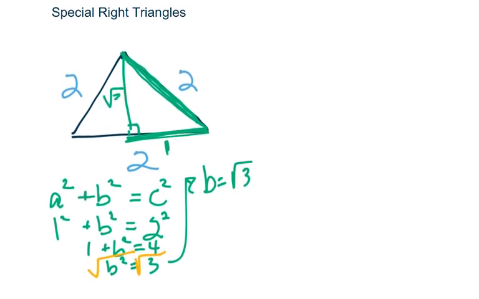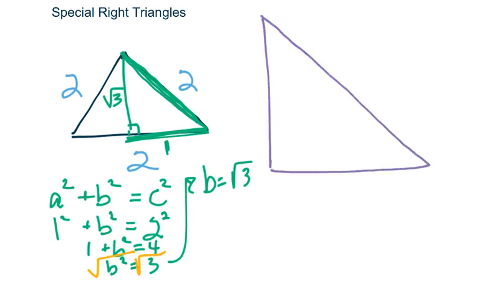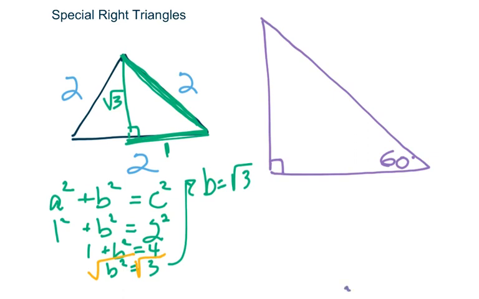So right here, it is the square root of 3. And this is your special triangle. So that's where it comes from. Okay, so what I want you to remember and write in your notes is this special triangle. Here's your right angle. This is 60. So if this is 60 and this is 90, that means this is 30,